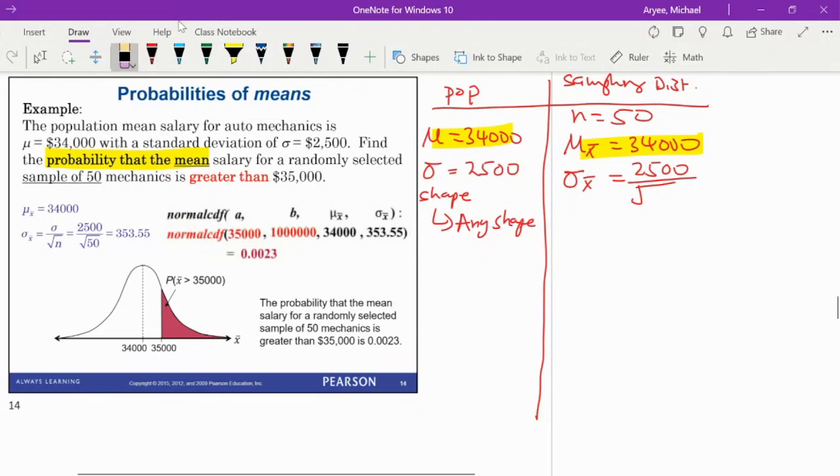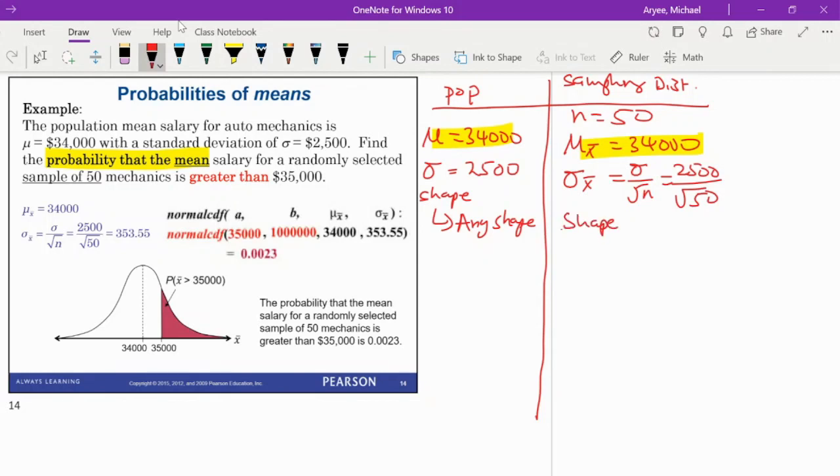Actually, let me write a formula first. It's always good to write a formula. Sigma over square root of n. So that will be 2,500 over square root of 50. And you could just leave it like this for now because we're going to use it too. Now, the shape,